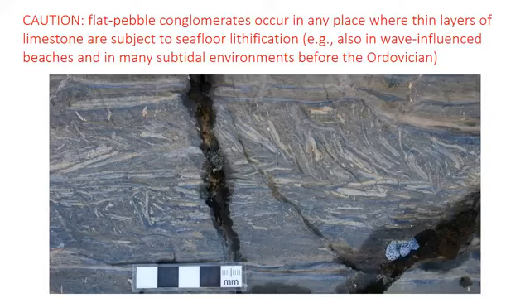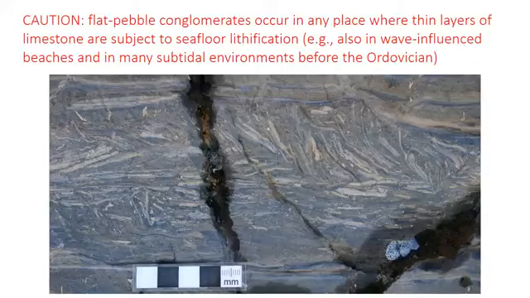So one important note of caution: flat pebble conglomerates just form when thin layers of limestone get lithified on or just below the seafloor, and then those thin layers get ripped up and moved around by storm waves. So they're not restricted to peritidal settings, and in fact, they can be fairly common in shallow subtidal environments, at least before the Ordovician. The reason for this is that bioturbation levels, or the amount of sediment mixing by organisms, were typically low in the Cambrian, and there was really no sediment mixing before the Cambrian. So this means that very thin layers of limestone could be deposited, preserved, and lithified then.